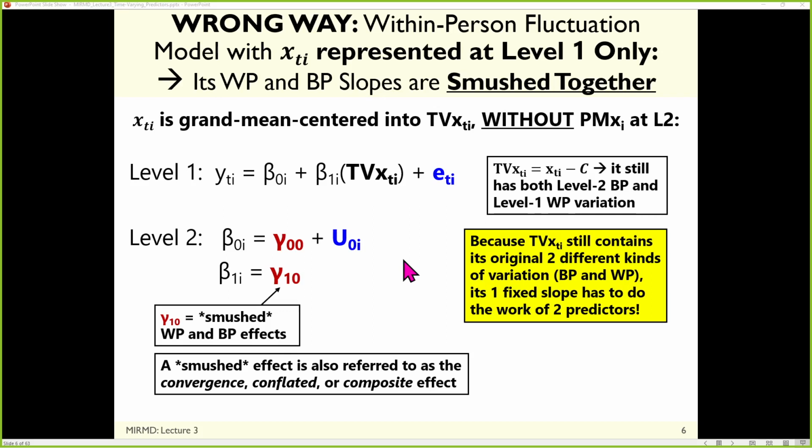And again, just like piles of variance has a better term for it, the proper way to say smushed is you can call it a conflated effect. That's probably my favorite because that's the same sort of visual in my head at least. A convergence effect is what it tends to be called in the context of time. So if you've smushed together cross-sectional age differences and longitudinal age changes, then it's an age convergence effect. Or a composite effect is another term that I've seen. I don't like that one as much because it kind of sounds like that would be okay.